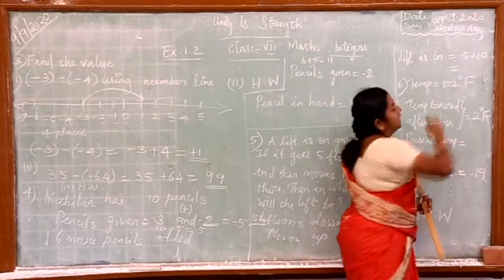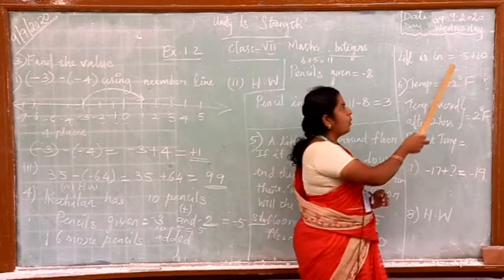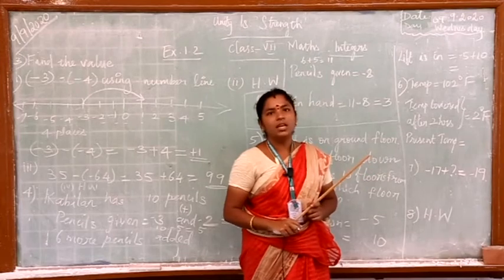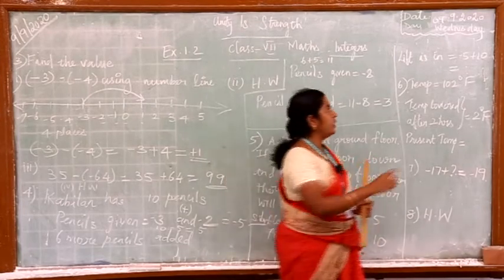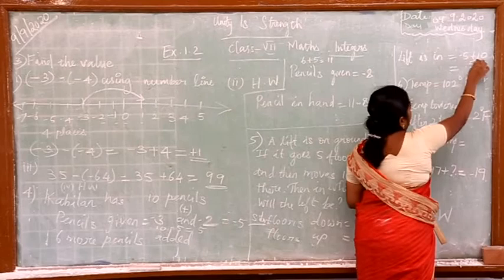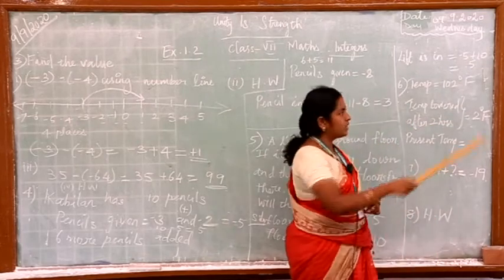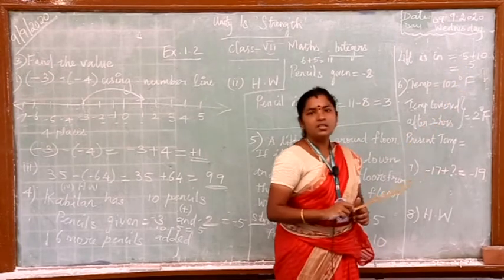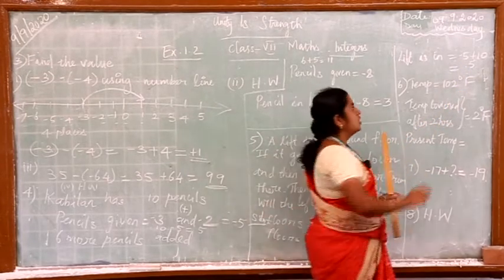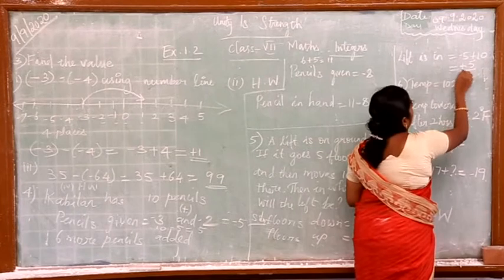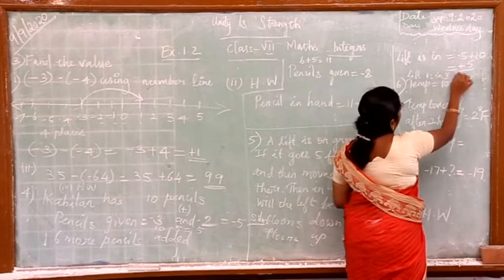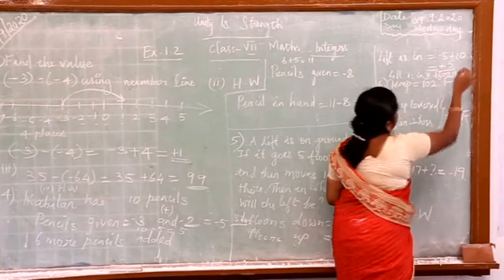So, you can see the opposite signs you have. Opposite sign means we have to subtract these two. If we subtract 10 and 5, it becomes 5. So, we are going to take 5, opposite sign, subtract and put the greater number's sign. We are subtracting these two, which is the greater number among these? 10. So, what is the sign for this? Plus. So, the lift is in the 5th floor. That is the answer.